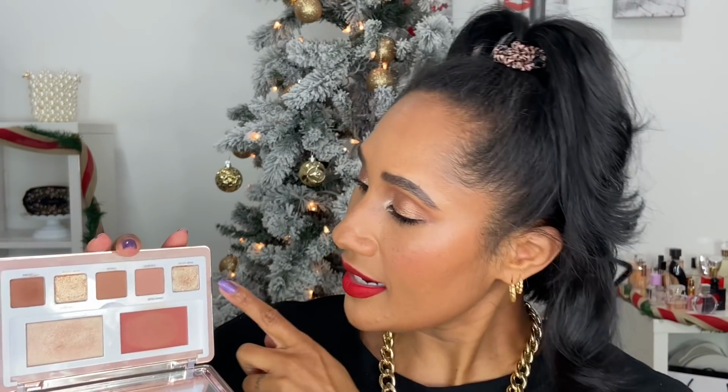And then on my eyes, just in case you wanted to know, I am wearing these eyeshadows. I have the shade Crease in the crease, the shade Smoke on the outer corner of the eye and the lower lash line, and then this shade Outer Corner across the majority of the lid, and then Inner Corner I have on the inner corner. So I guess I kind of use these the way that they were supposed to be used according to the palette. But the highlighters in both this light palette and also the dark palette,